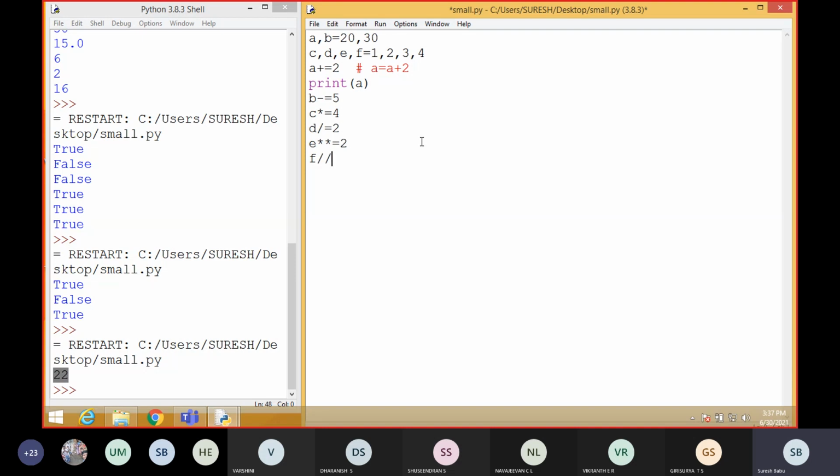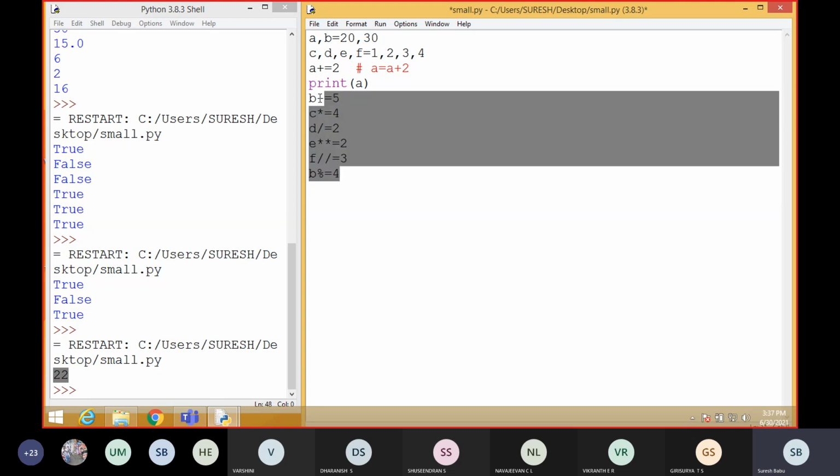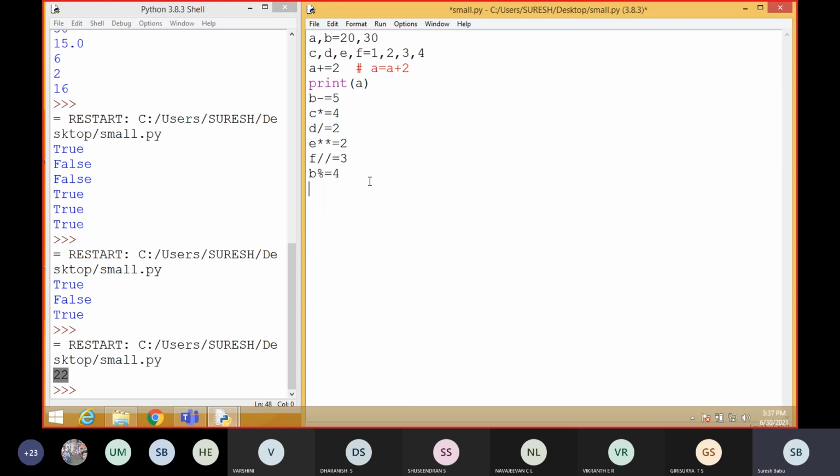F slash slash equal to 3. Then B modulo equal to 4. So these are the augmented assignment operators. After finding this, I want to display the output: print B comma C comma D comma E comma F. All the outputs will be displayed here.